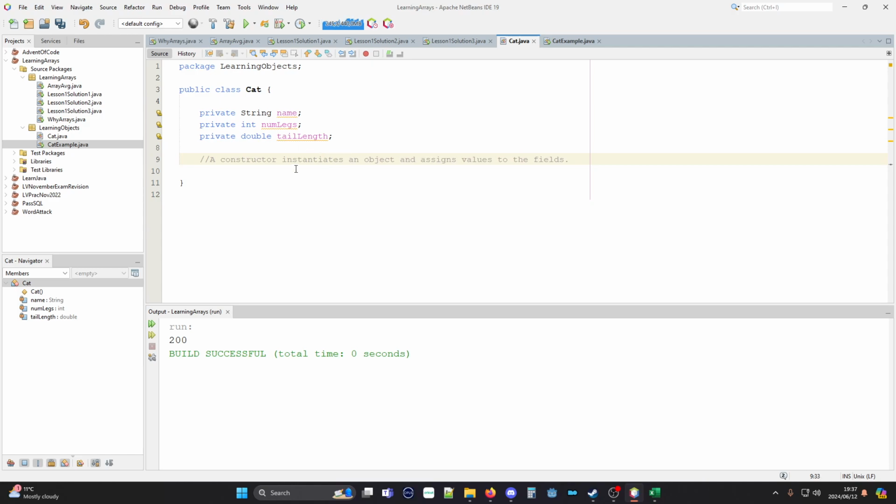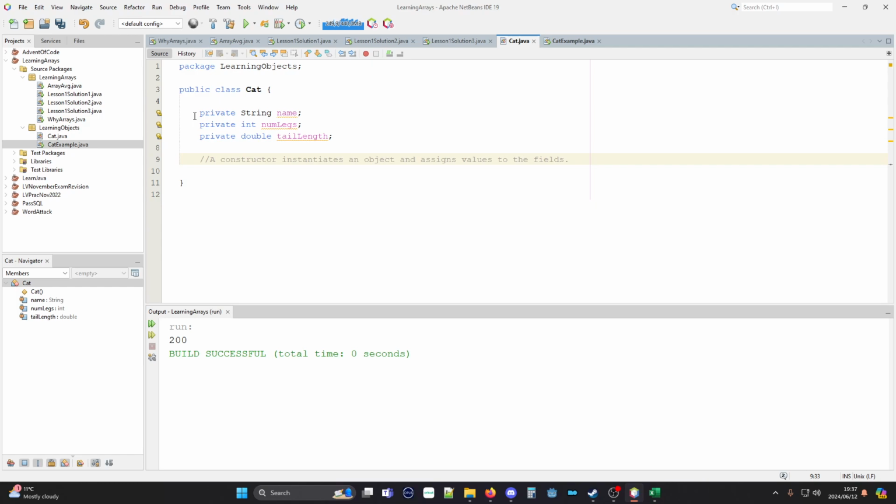And that's just because we have this thing called cat, and we can create an instance of cat. So this is like the blueprint of cats. This is the model for cats. Then we can create actual specific ones that have an actual name, an actual number of legs, an actual tail length. Similarly, if you know anything about architecture, then you might have heard of